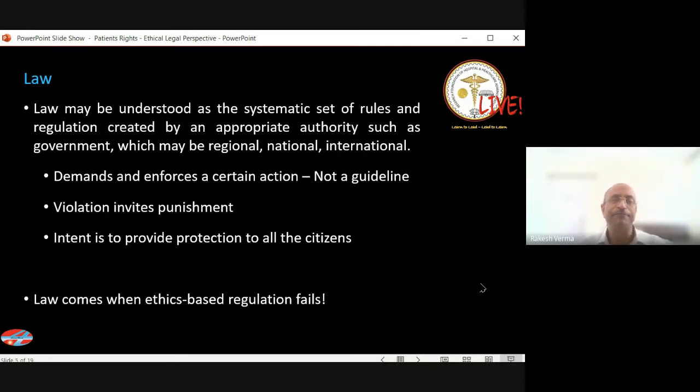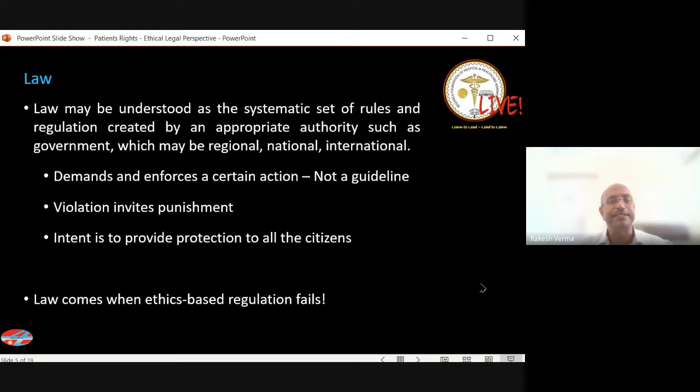For example, we have known about the unethical conduct by the professionals in the hospitals, and many times these unethical conducts get challenged, and then the courts of law will give a ruling, and they will get to decide whether a particular conduct was ethical or unethical. And that of course, if it is by a Supreme Court, will become a case law, and in that case it becomes binding to everyone else.